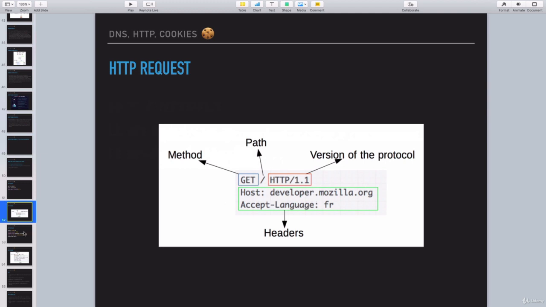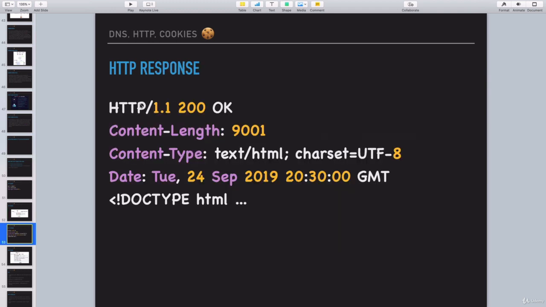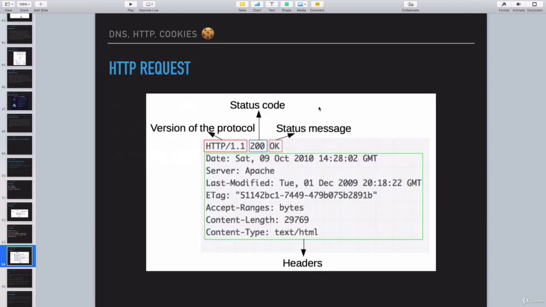In the headers, we can include cookies or a few other headers that are pretty common, and we're going to go over those as well. And then the response is again very similar to the actual request. It's going to bring us back what type of response it is. So the version of the protocol, right? The status code. So if it's a 200, it's like, okay, we got a response back, everything went well. The status message, which is OK. Again, these two things can change, and depending on how they change, it tells us something different about the response that we got. And then any headers that want to be included in